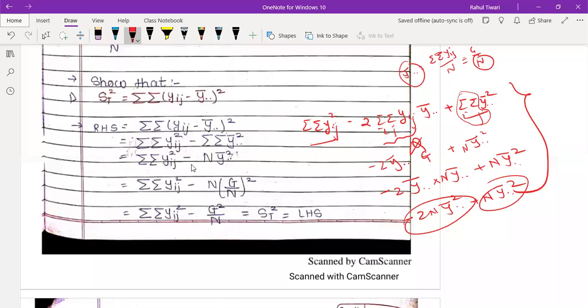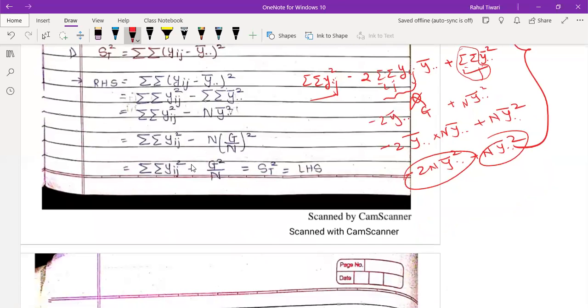This double summation into n into y bar dot dot square. But what is the grand total? You can write G upon n, which is the usual definition, and then you can just simplify it. You may get this expression, which is equal to SST square, which is the left hand side. It's very simple. The major thing is from this step to this step, how do you